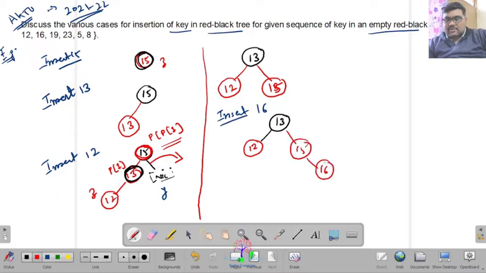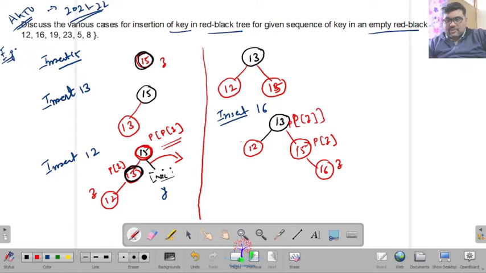Now 16. So Z is red and Y is 15. 15 is the parent of Z. So this is the case.